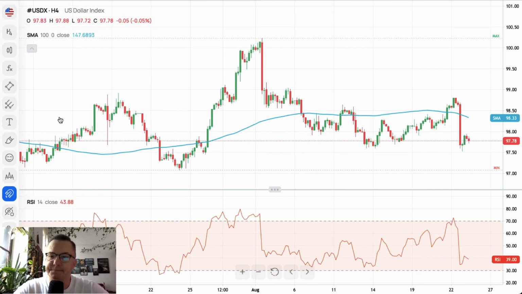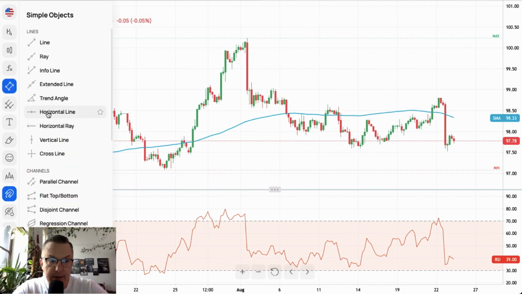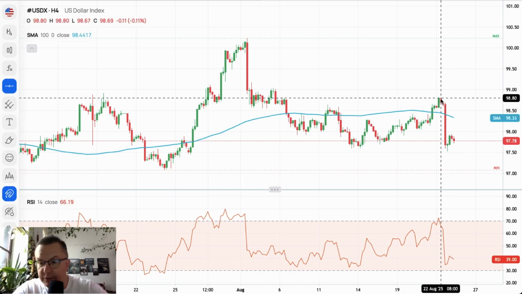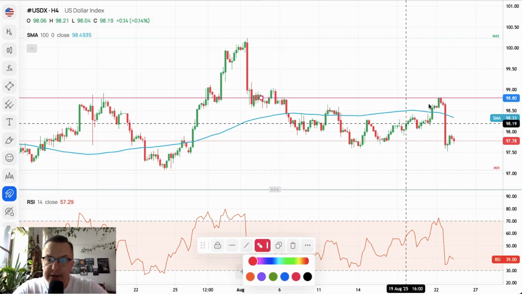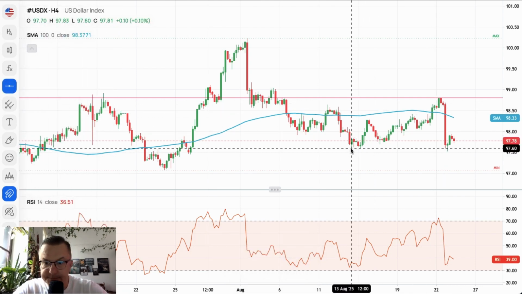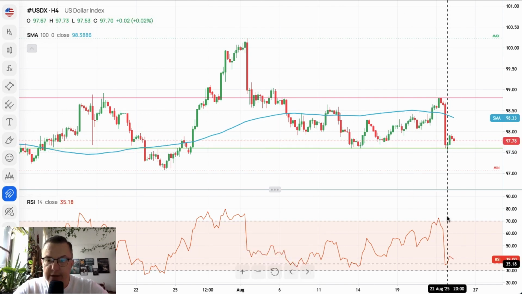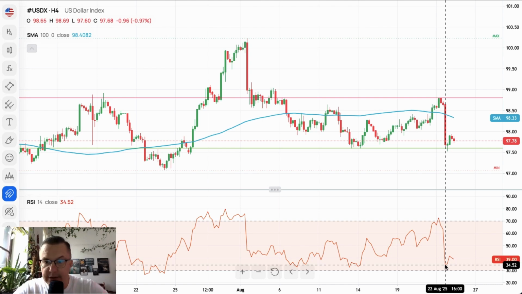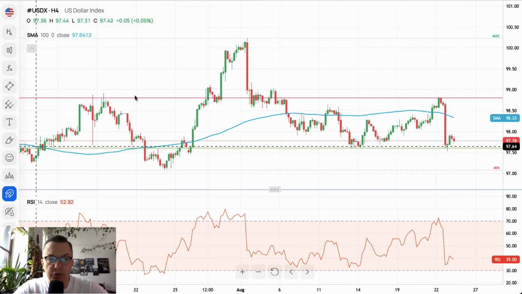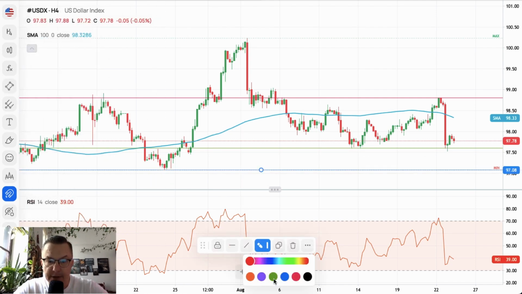Let's take a look here. There you go. The US dollar index has been trying to rally. It went up towards the level of 98.90. Nevertheless, it was rejected and quickly went down towards this level here. Technical support at 97.60, the swing low from August 13th, 2025. So that's the technical support, and now it's trying to bounce from this level after the big slump to the downside.